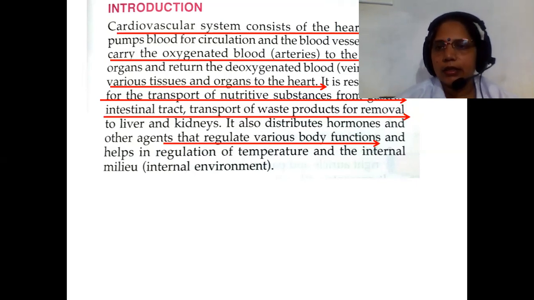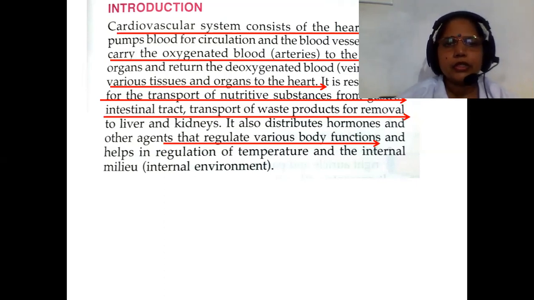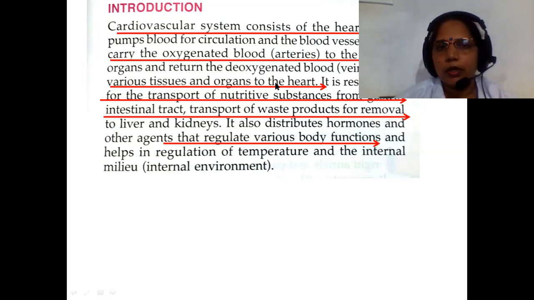Right? So basically what did we see in the cardiovascular system? There are basically two components, the heart and the blood vessels. What is the main role of the heart? The heart pumps the blood for circulation. What is the role of the blood vessels? Blood vessels carry the blood. There are two types of blood, oxygenated and deoxygenated. Oxygenated blood is also called pure blood. Who carries it? Arteries. And this pure blood supplies the organs and returns as deoxygenated, impure blood. Who carries that? The veins, from various tissues and organs of the body. The work of the veins is to bring the impure blood from the body towards the heart.